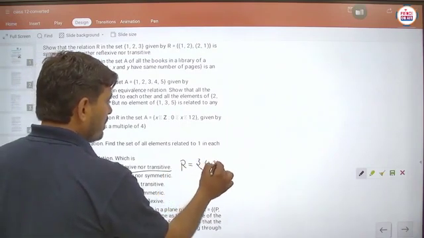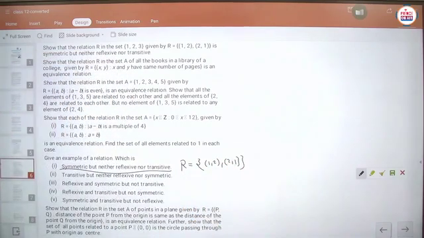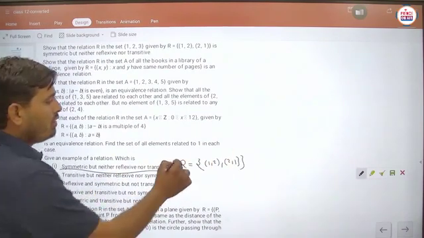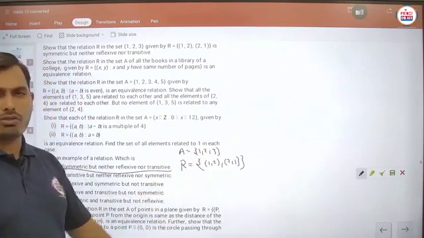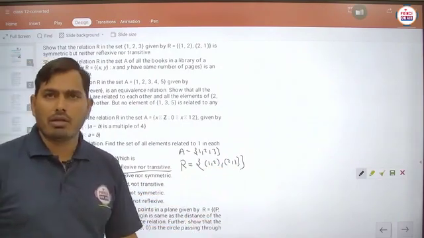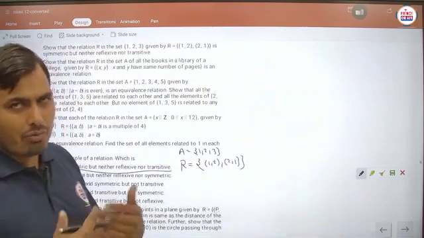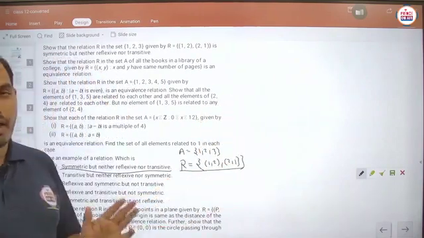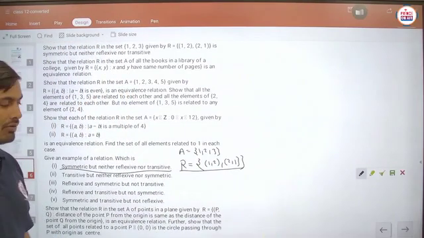Suppose 1 comma 2 and 2 comma 1. Suppose any set A is there on which the relation is defined, then it is symmetric because 1 2 and 2 1 are there. Neither reflexive, because on the set A we define the relation with 1 comma 2 comma 3, so 1 comma 1 is not there, so not reflexive. And not transitive, because 1 2 is there, 2 1 is there, but 1 1 is not there. So you can write down many more examples by yourself, students. Is it clear? Any example you can write, and you will write it in this format always, because in this format you can easily observe which is reflexive, which is symmetric, which is transitive. Is it clear?